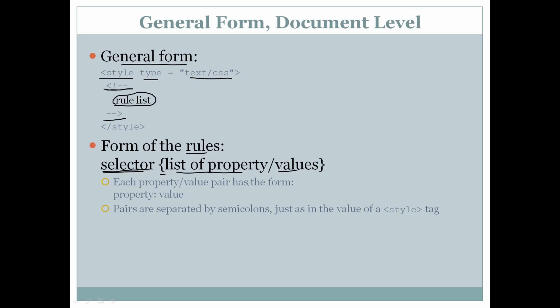Each property value pair has the form property colon value. Pairs are separated again by semicolon, just as in the value of style tag that we have seen in the last example.